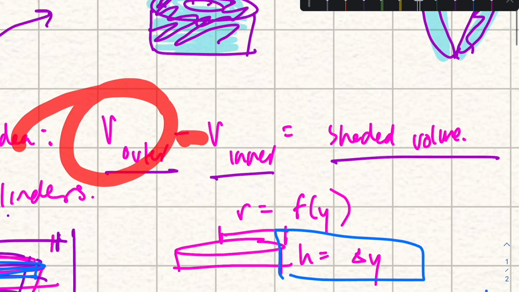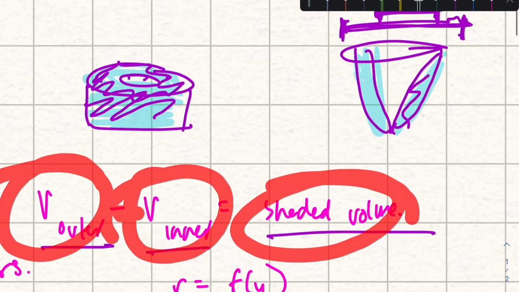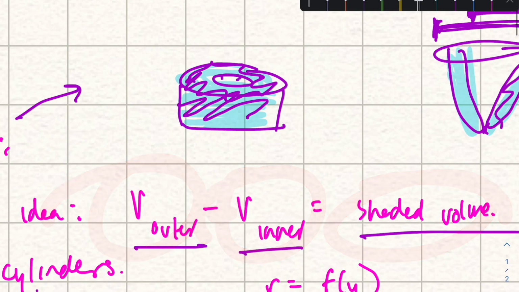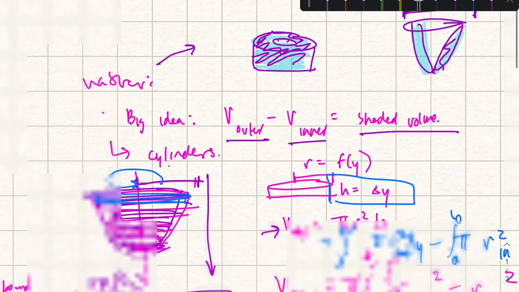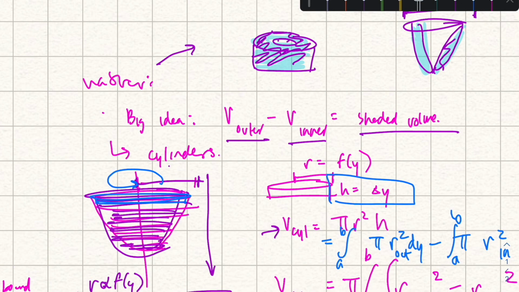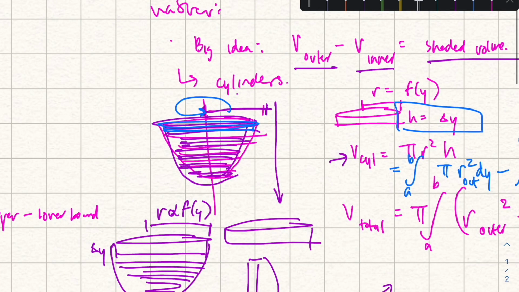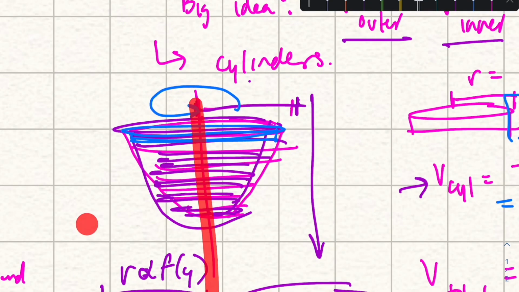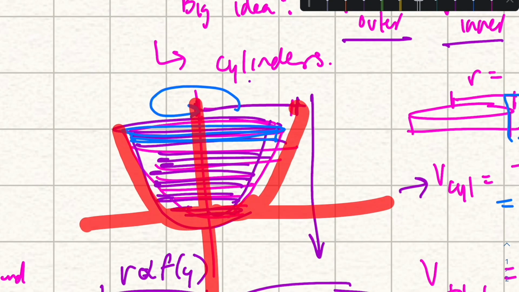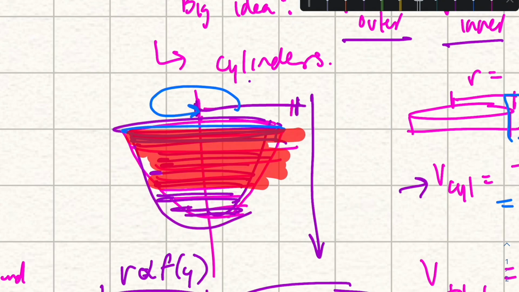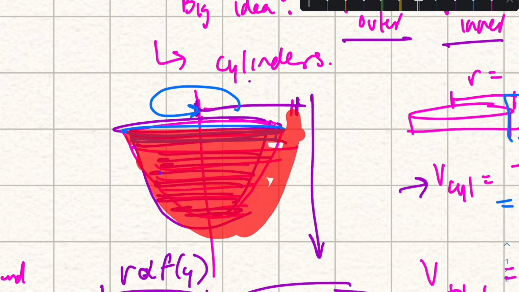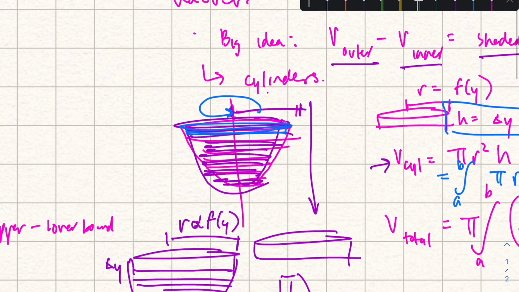is just summarizing the outer volume minus the inner volume, which gives us the shaded volume of this. And you can visualize this in real life with nuts, where they have that hole and then there's a metal part, but in order to find the metal part, you subtract the volume of the hole itself from the entire volume. And in the case of math, when we have a function that's revolving around some line, in this case around the y-axis,